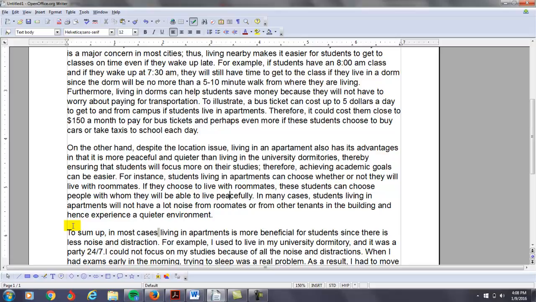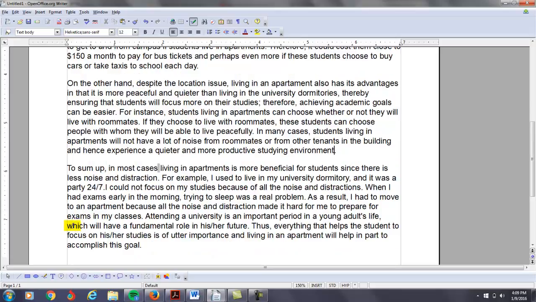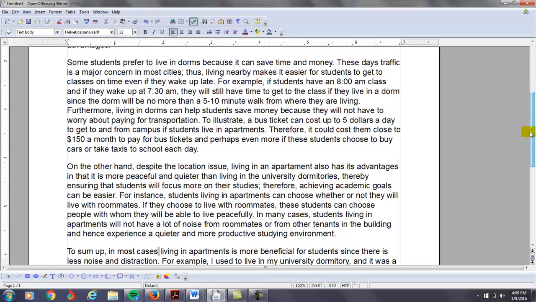peacefully. In many cases, students living in apartments will not have a lot of noise from roommates or from other tenants in the building, and hence experience a quieter, you might say, and more productive studying environment. To sum up, in most cases, now what I did here, I wanted the final paragraph to be developed